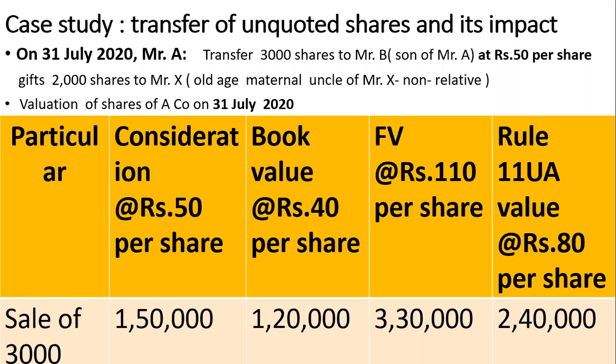A transfers 3,000 shares to his son at rupees 50, and he sold 2,000 shares to Mr. X, his old maternal uncle, who is a non-relative for the purpose of the definition, but out of love and affection, he gives the shares to him at a cost of nil. So the valuation of shares of A company as on 31st July is